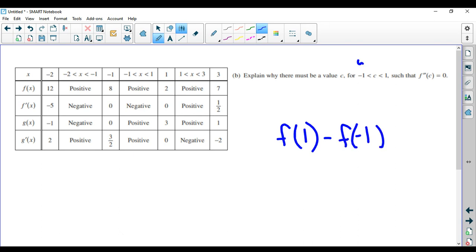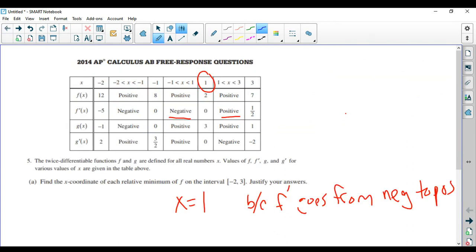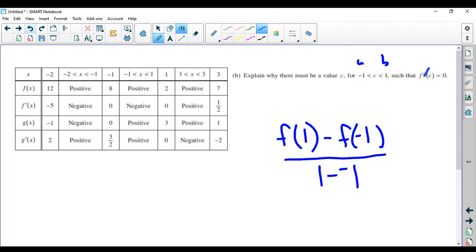that's from A to B, over B minus A. Again, that's if this were f prime, but it's not, it's f double prime, so let me do that. So, we'll just go f prime of 1 minus f prime of -1. Now, we're going to figure out what that is, but the mean value theorem applies if your function is continuous and differentiable. So I would state, since